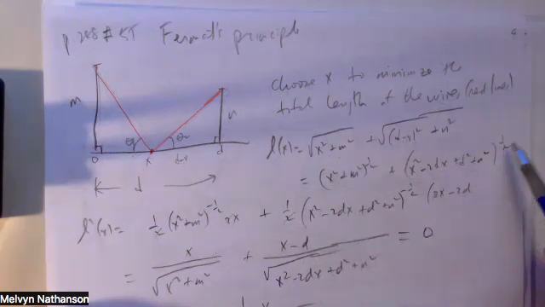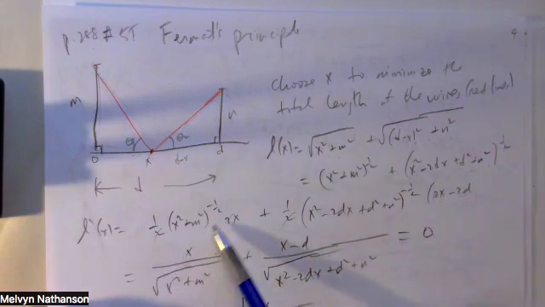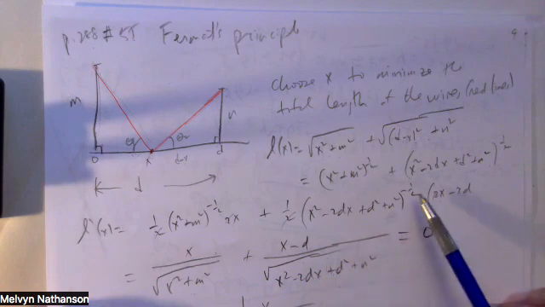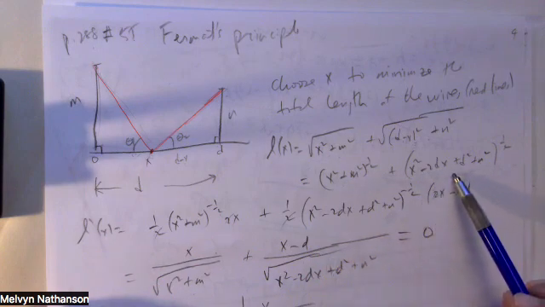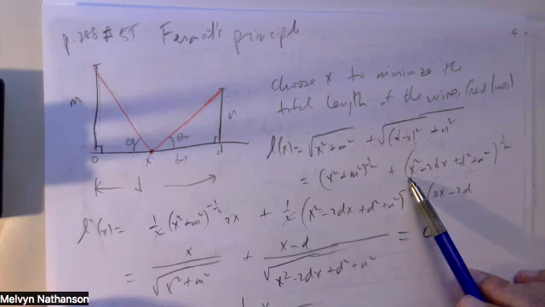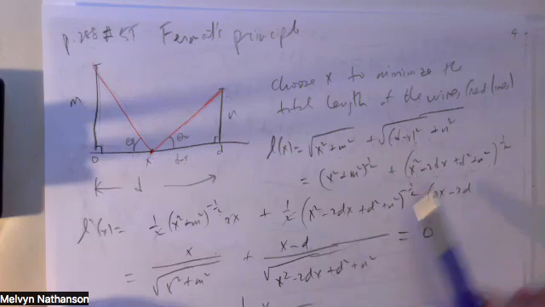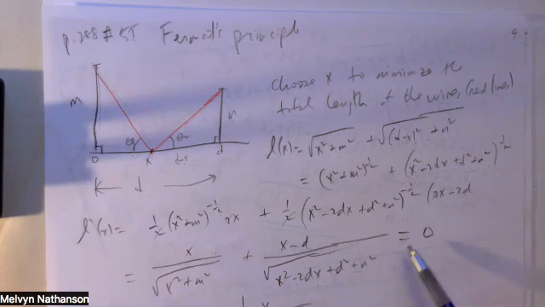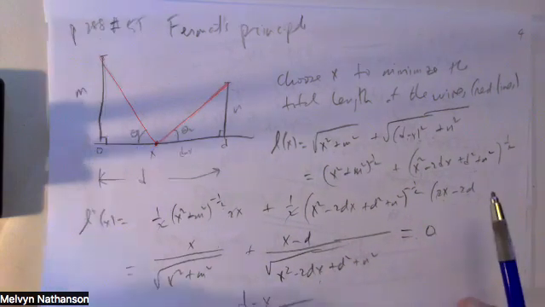When you differentiate that, you get x over the square root. And here, when you differentiate, you get 2x minus 2d, or 2 times x minus d, over that square root, equals 0. So this equals this,